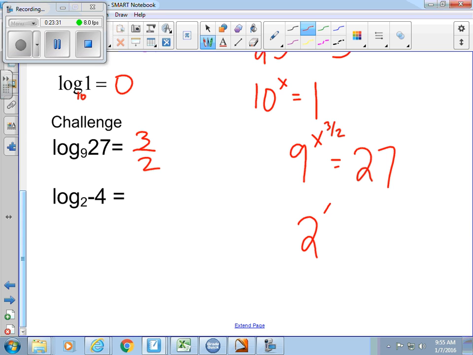2 to what power is negative 4? No real answer. Why no real answer? You can't raise a positive number to an exponent and get a negative number, can you? Remember me telling you the domain of a logarithm was 0 to infinity? You cannot plug a negative number into a logarithm. It doesn't make sense because this